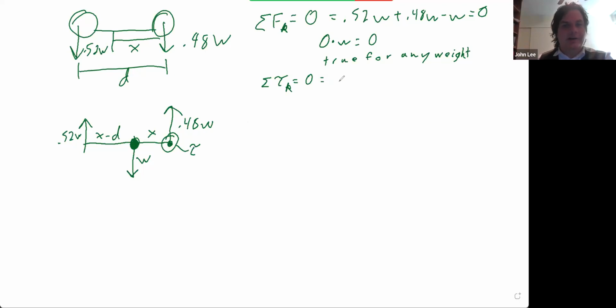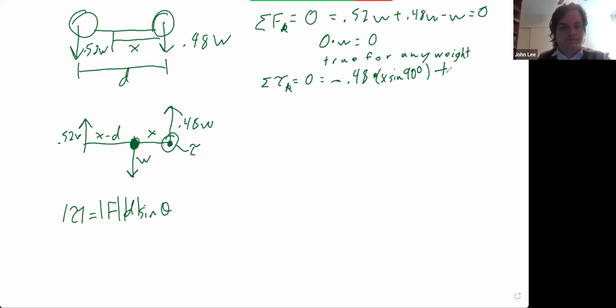So let's call that a negative torque, equals negative 0.48 times x times sine of 90 degrees, because you remember that torque equals FD sine theta. So the magnitude of torque is equal to F times the distance from the origin to your force times sine of theta,